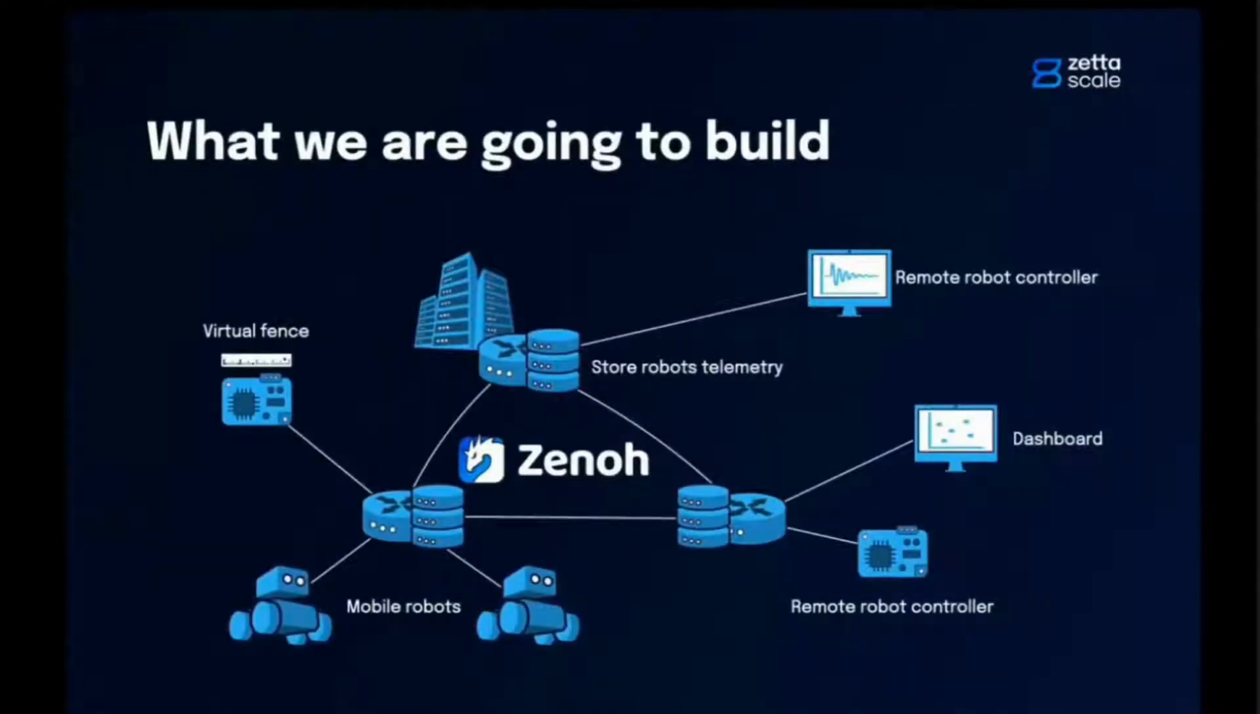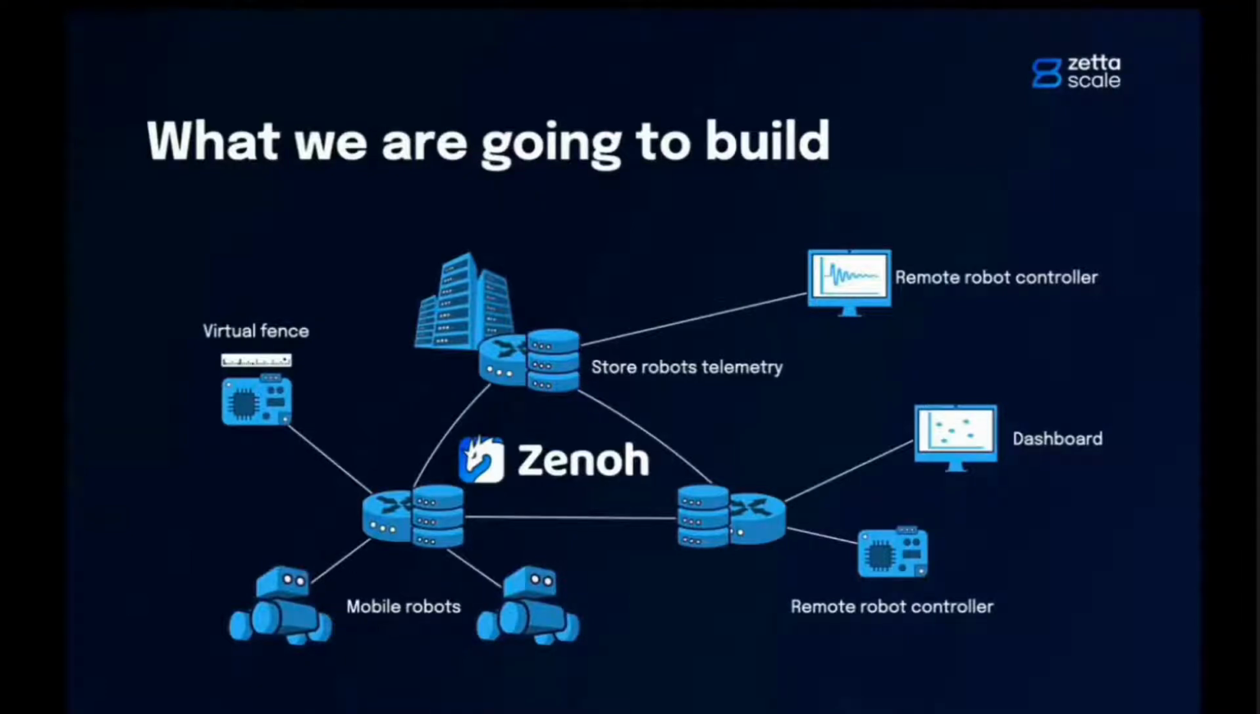So what we are going to build today is this scenario. It's a very simplistic scenario in this slide, but we're going to build it little by little. We have a virtual fence that is built on top of some microcontrollers. We're going to have some mobile robots that are connected to a Zenoh router, and we also have some storage that is integrated in our Zenoh infrastructure. The storage can be used, for example, to retrieve historical data on the robot, but also to potentially visualize at a later stage what happened